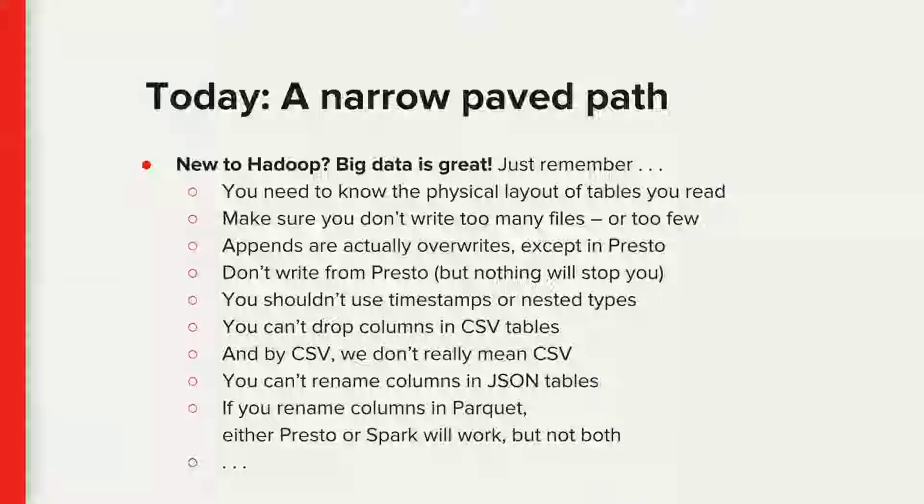Here's what the data landscape at Netflix looks like. A lot of these are specific to us. So things like appends are actually overwrites except in Presto, and that's why we don't say write in Presto, and things like that. But there are still catches, even if you're not at Netflix, and these things don't trip you up. The trade-off between appends actually overwrite data is that there's a little tiny period of time for every Hive write where if you were to read that table during that period of time, your query is going to lie